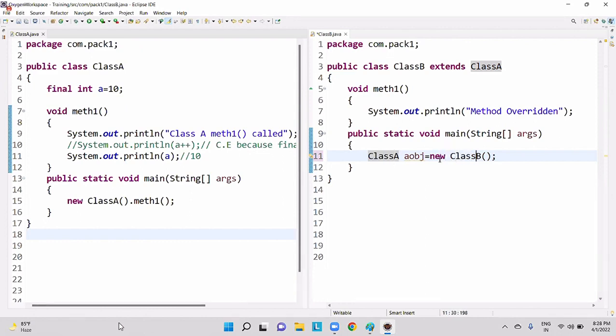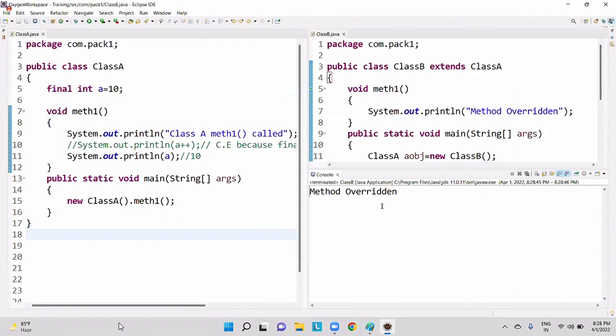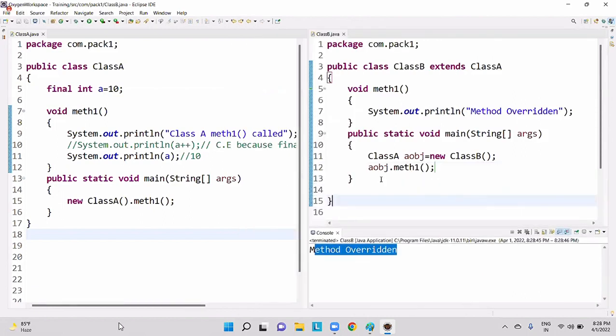Now with the help of that reference, aobj.method1(). Right click, run as Java application, and of course we will get our output, that is, method overridden. That is actually method overriding. Yes or no, guys? Did you remember that?